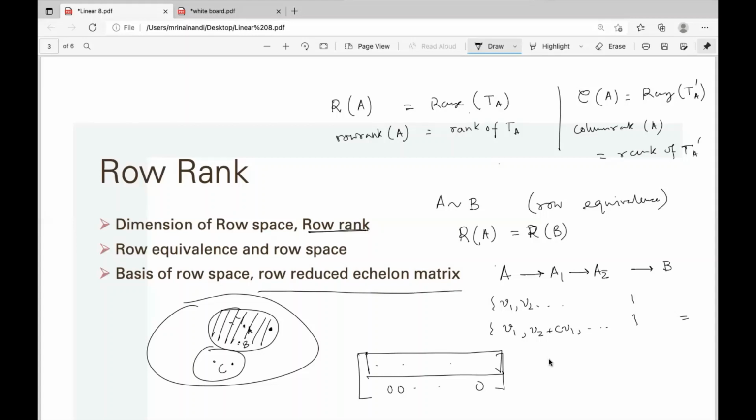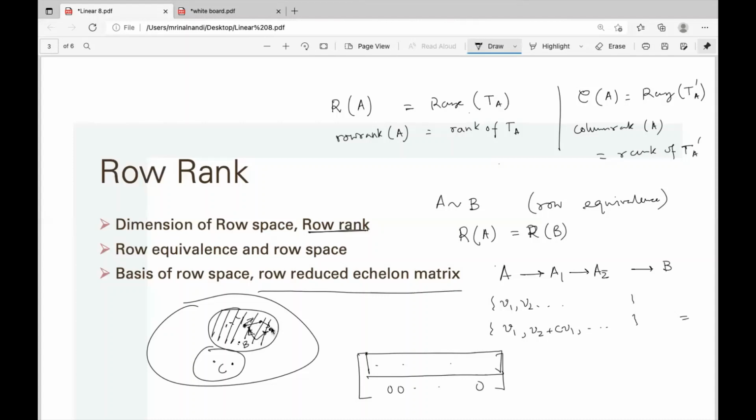Start from a matrix. We can go several ways to the row reduced echelon matrix; we can take different paths. Think of it as a linked graph, where every edge connects two matrices related by one single elementary row operation. That means just multiplying by an elementary matrix. And you have several paths to reach that unique choice.